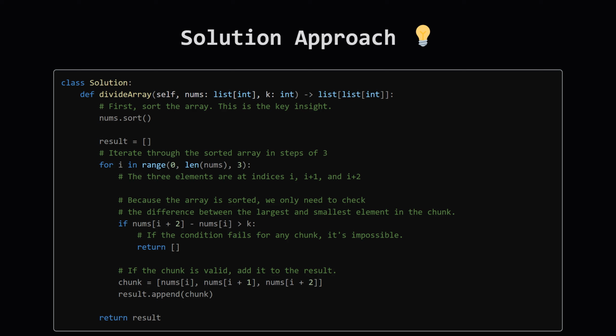By sorting, we can process the numbers in chunks of 3. The key optimization is that for each chunk, we only need to check the difference between the first and last elements. If their difference is within the threshold k, we know all elements in that chunk satisfy the condition. This runs in O(n log n) time, due to the sort, with constant extra space if the sort is